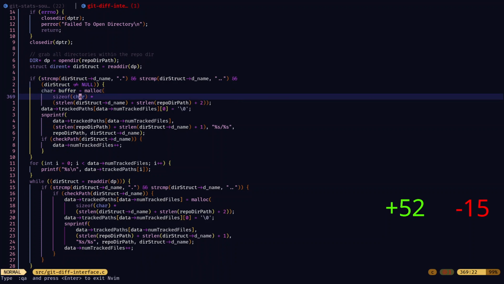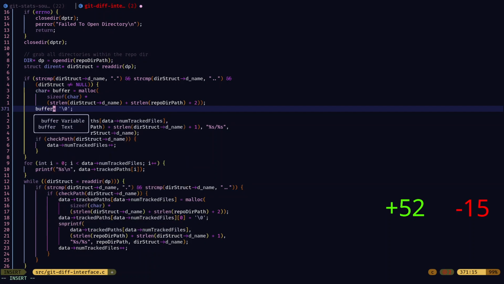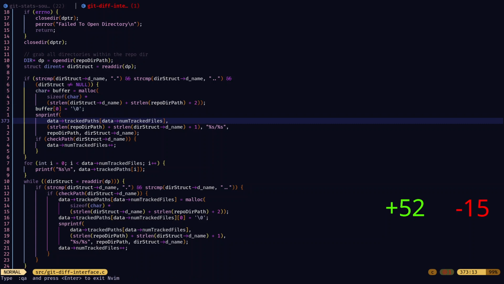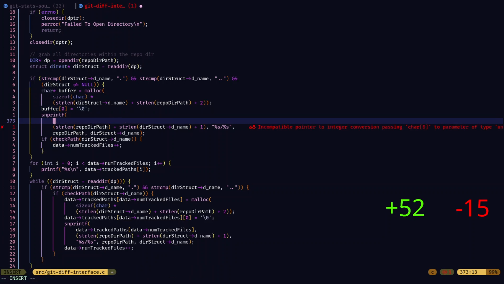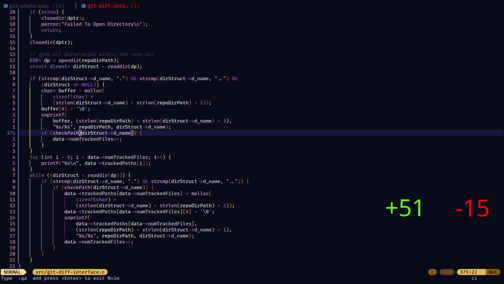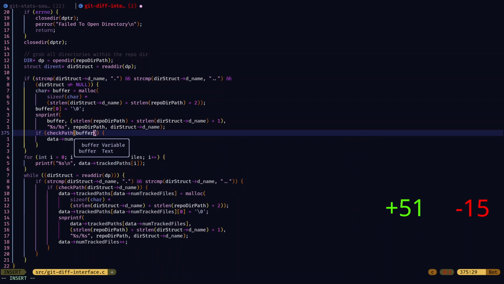And then instead of this, it's going to be buffer at 0, and then here we're going to do buffer and then all of that, and then now we pass in buffer,